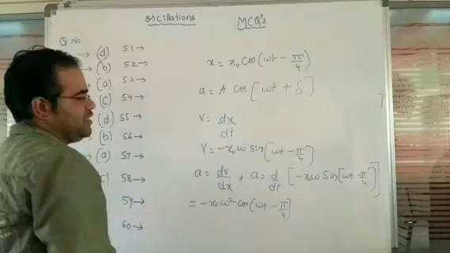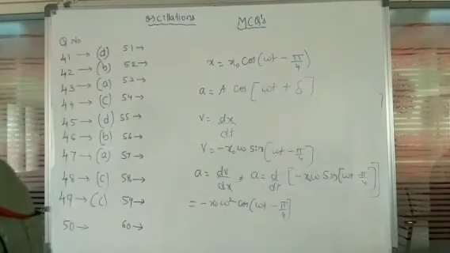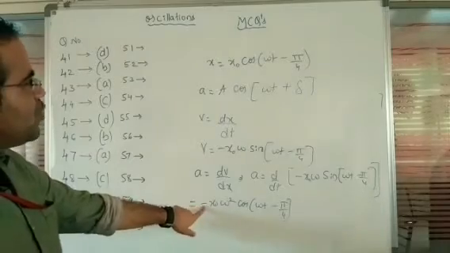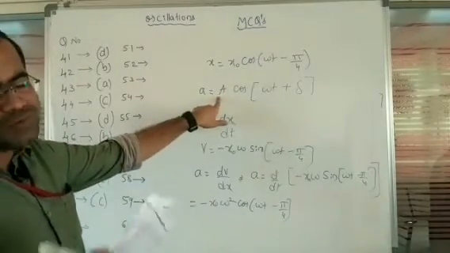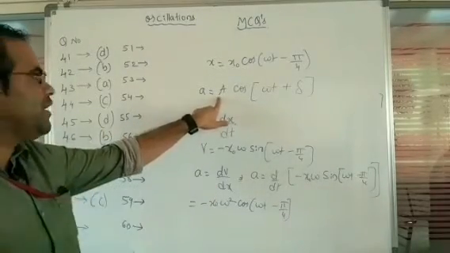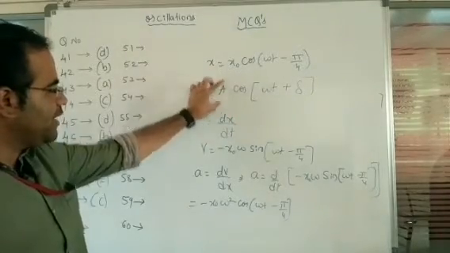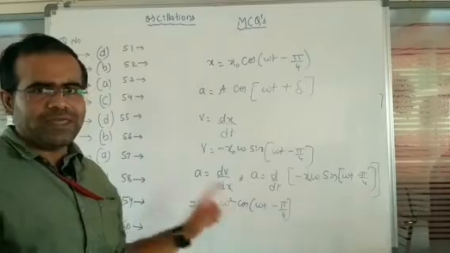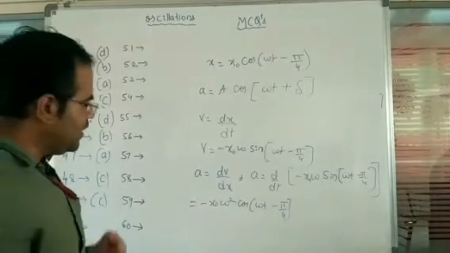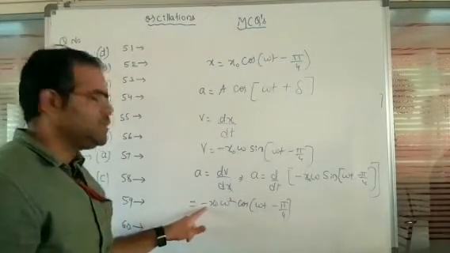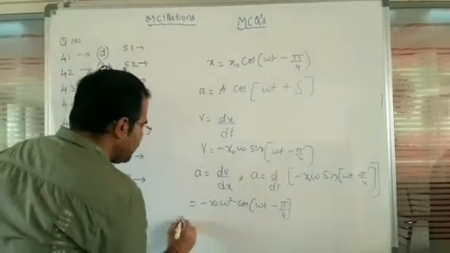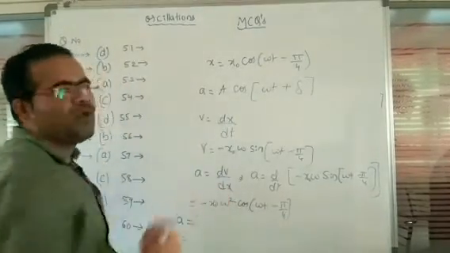But the option is what is given here. This we are going to replace. Now you would write the equation in minus format, but in the options given here, you do not have any minus term. So the amplitude we can replace directly by minus x naught omega square if the option is given. But here the options are in terms of the positive. So that's the reason this equation we will again convert into the form of a positive value.